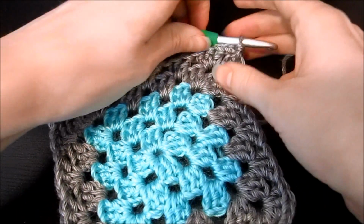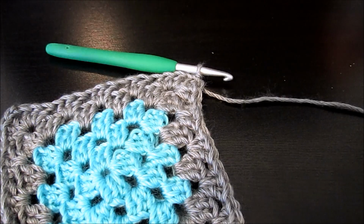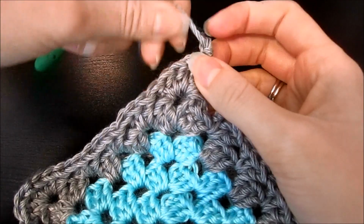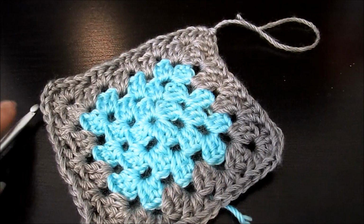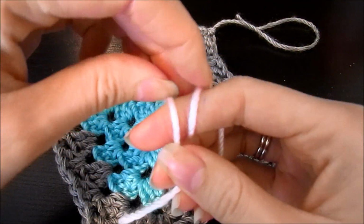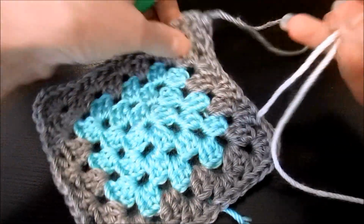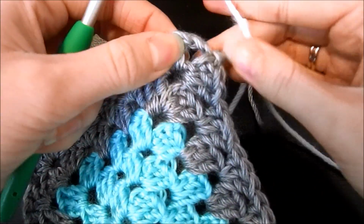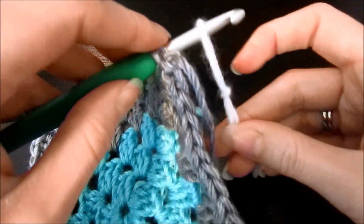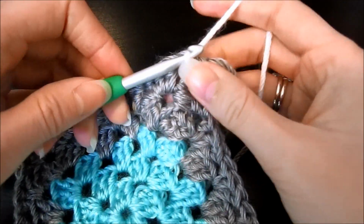Okay, I've finished up round 5, and as I said before, I'm going to do another color change, so I'm going to go ahead and cut this yarn and bind off, and now I'm going to go to white next. So just like before, I'll show you one more time. You're just going to create a slip knot, and then you're going to insert your hook into, I do it in the same corner that I bind it off from. So go ahead and stick the new color on your yarn and pull it on through,